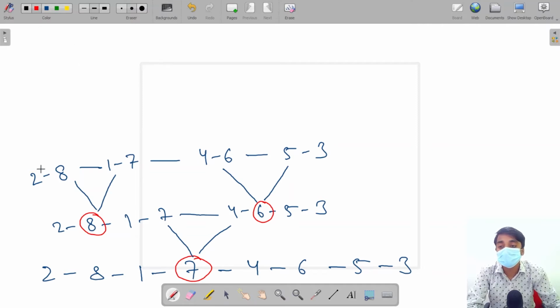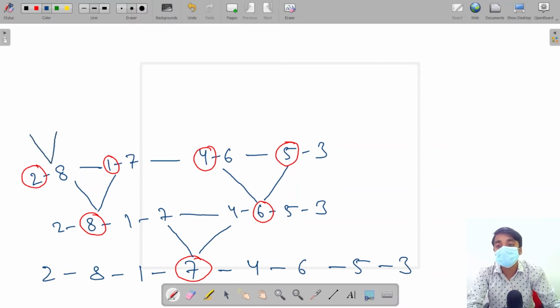Now again they will find the mid. Now the mid is 2 here. Here the mid is 1. Here the mid is 4. Here the mid is 5. Now they will call again for the recursive call. Here in the first half this will give 2. Here 8.